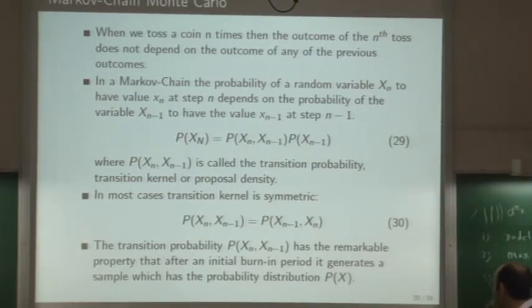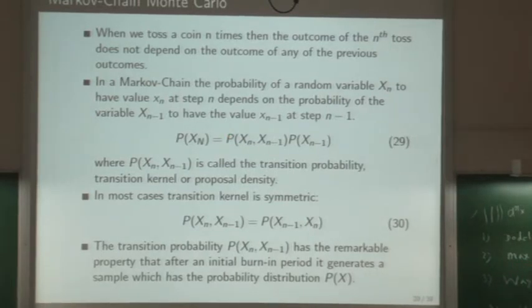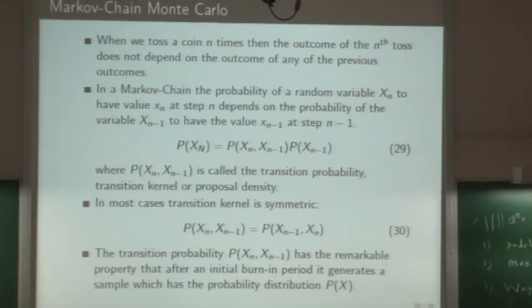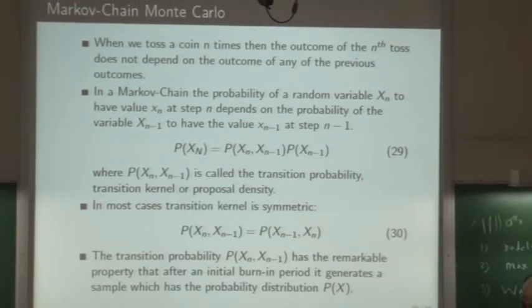Here it's the nth outcome, this is the n minus 1th outcome, but there is a function between them called the transition probability, which will take you from the n minus 1 step to the nth step, and then you can actually form a chain. So it's a multi-dimensional parameter space, and you can actually move in this space by doing these chains.